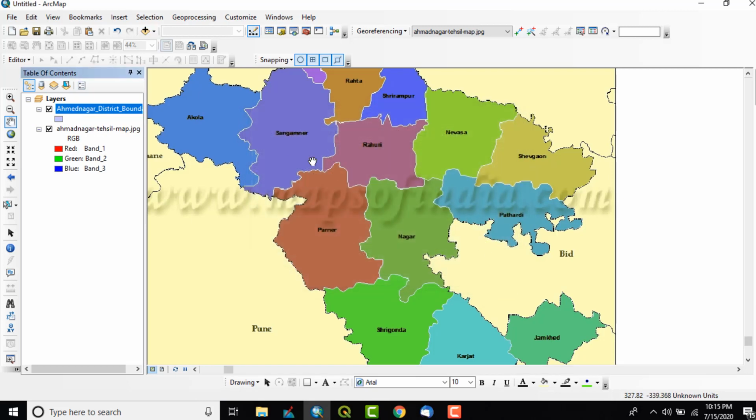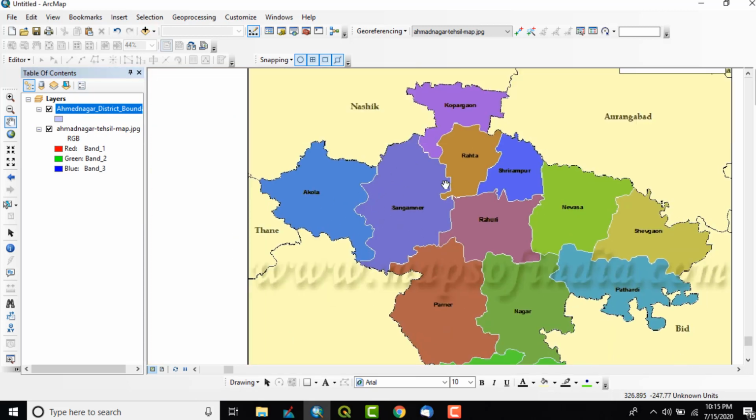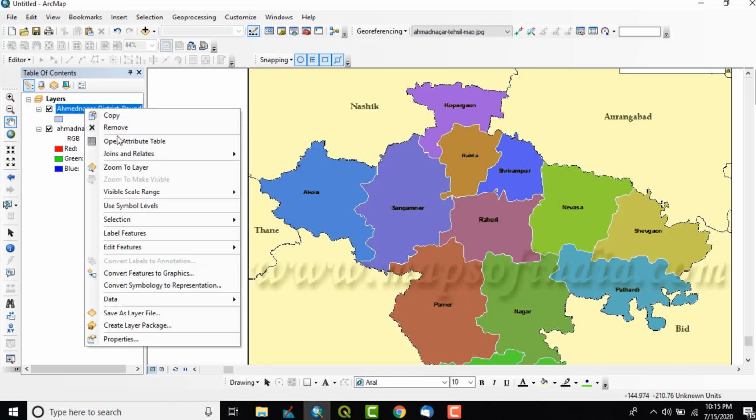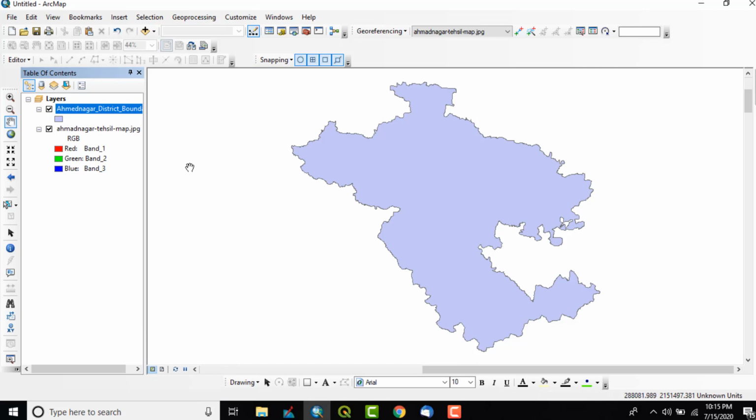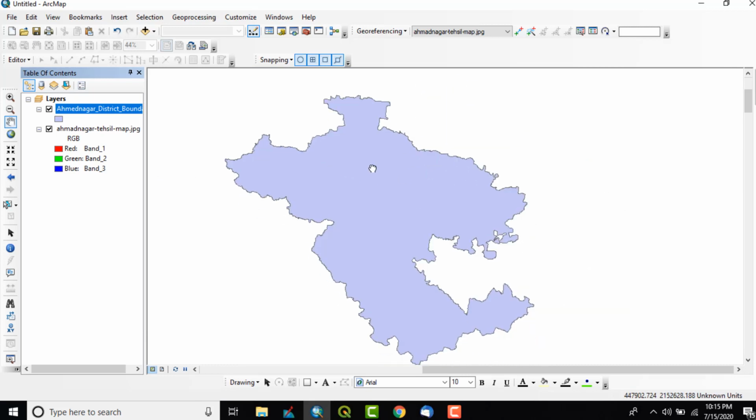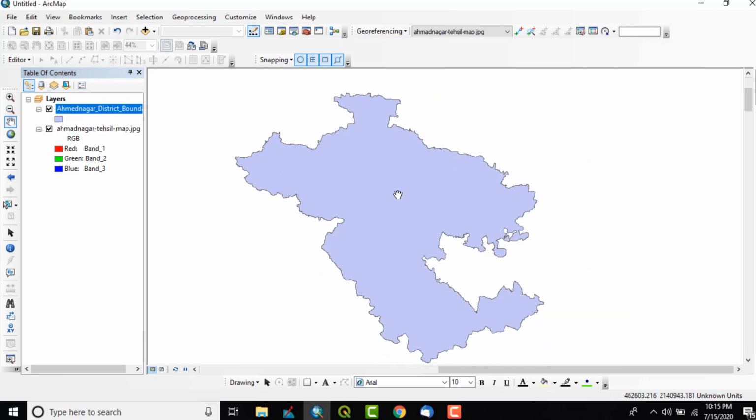So I am going to add this. Now since this particular JPG file doesn't have any spatial reference, the shapefile we have added will not be visible, because we have overlaid that shapefile on the JPG file which doesn't have any spatial reference. So what I will do is simply right click on this shapefile that has been added and click on zoom to layer. So now my shapefile is here and we can see this is just a district boundary.